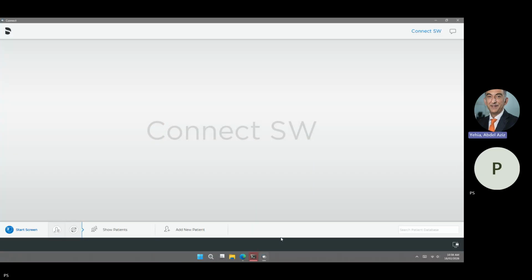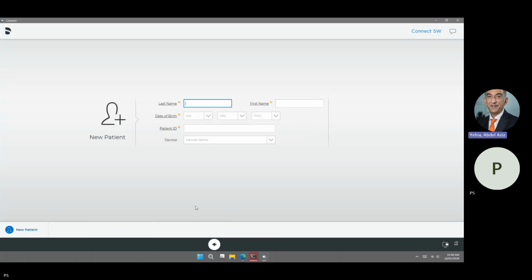And once the Connect software has started, I will go into add a new patient, and I will call this